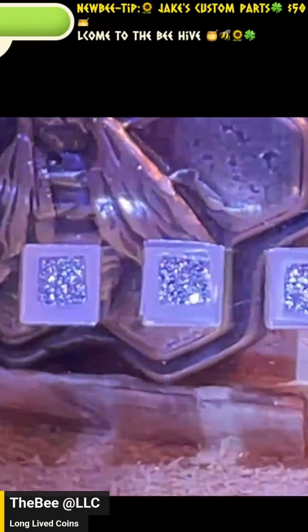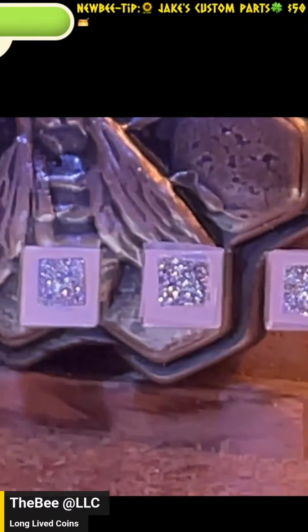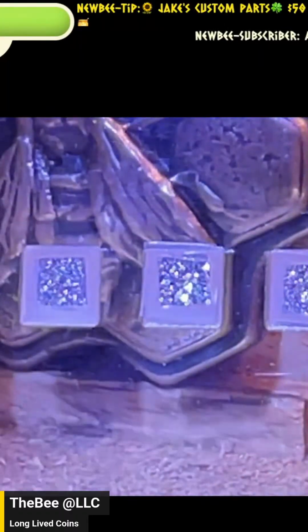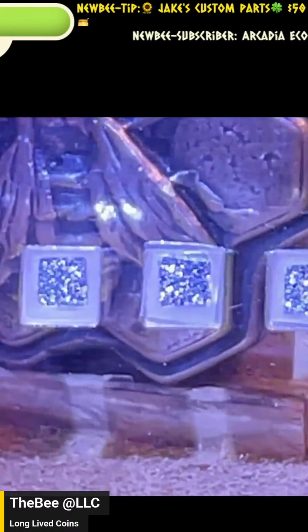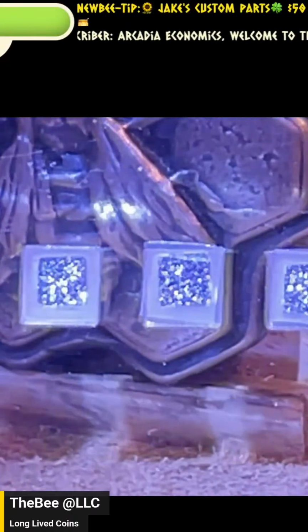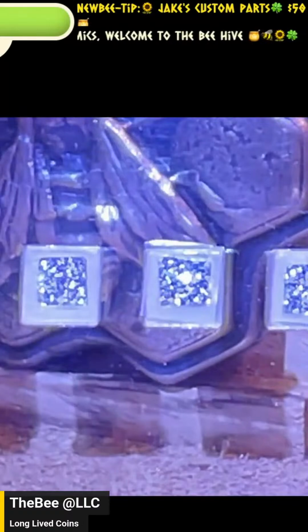One thing I would point out about sparkle grade 5 is when you get it down to this small area that we're looking at here, you would almost want to go with a sparkle grade 4 if you're looking for a small design with large sparkle points or more coarse